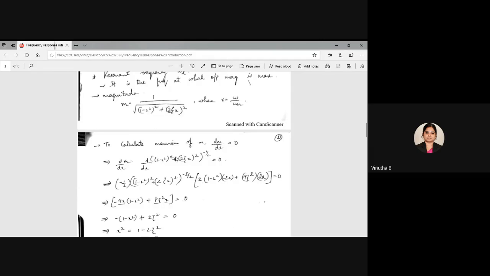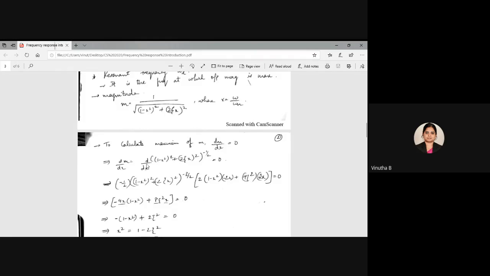Write down this 2 into 1 minus x square, then differentiation of again this, so 1 becomes 0, so this is just minus 2x plus, what is this? This is 2 zeta x the whole square, so this 2 comes here, so 4 zeta square into, again you have to differentiate whatever is there inside this, so you will be getting it as 2x, correct, which is equal to 0. Okay, so this is how you differentiate.